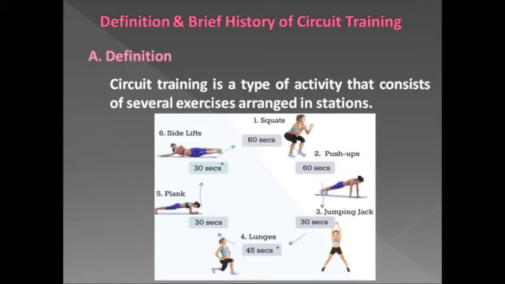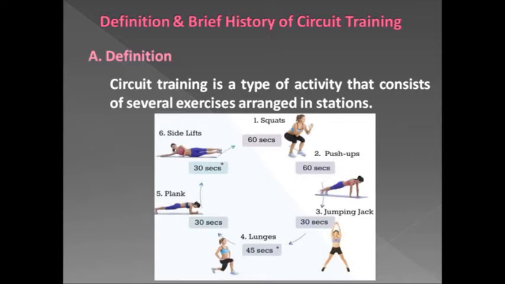So how are you going to perform the circuit training? First, after your warm up and dynamic stretches, the first activity you're going to perform is squats. You're going to perform this for 60 seconds. Then after that activity, you will have 15 seconds of rest interval. Then proceed to your next activity, push-ups for 60 seconds. After that, rest interval for 15 seconds, then proceed to your next activity, jumping jacks for 30 seconds, then 15